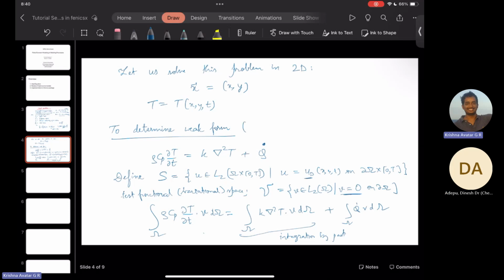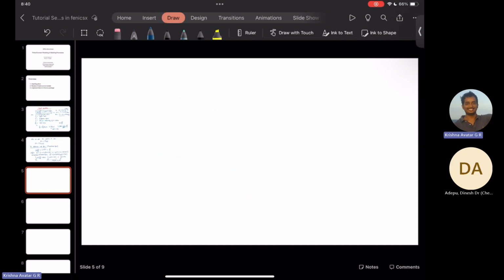So this is the traditional way. This is the traditional form, but Phoenix does it in a slightly different form. So let's also try to study how to implement it in Phoenix. What Phoenix wants us to do is, given that we have our equation, kappa Laplacian of t plus q dot,